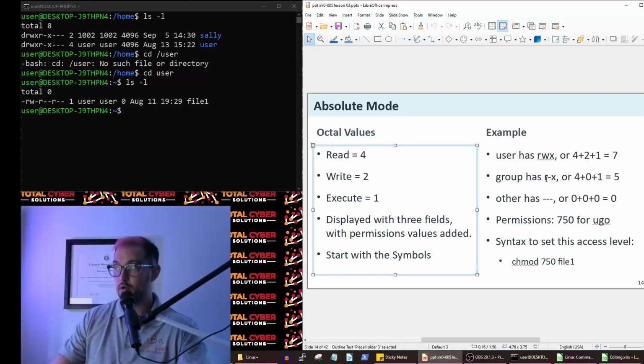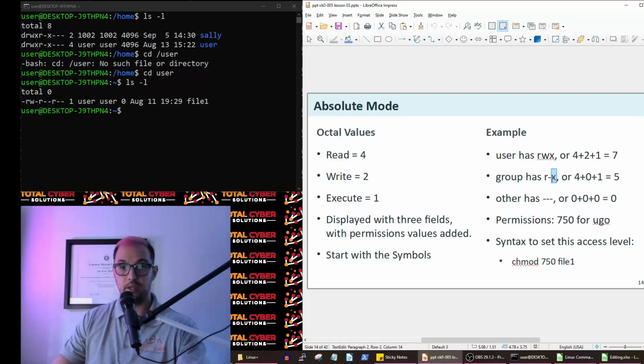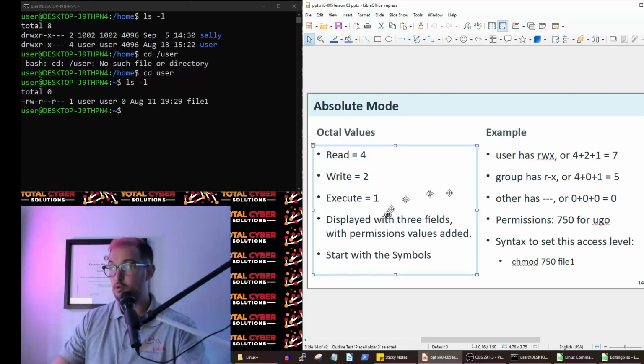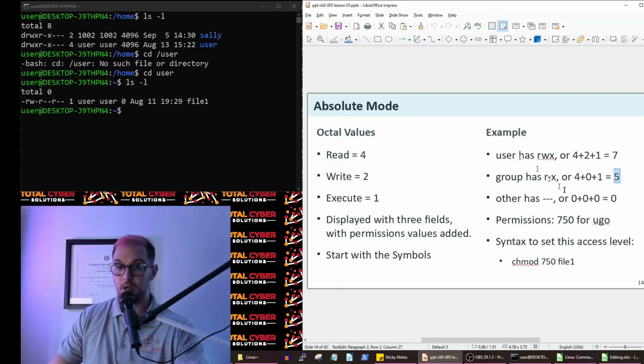I want to give a group read permissions and executable permissions, but not write permissions, so r-x. All right, so remember, read equals 4, executable equals 1, and the combination of these, 4 plus 0 plus 1, is equal to 5. So when I'm changing permissions with the numeric notation, or this